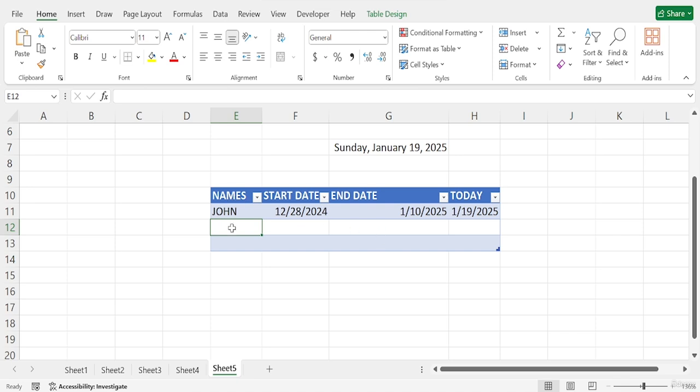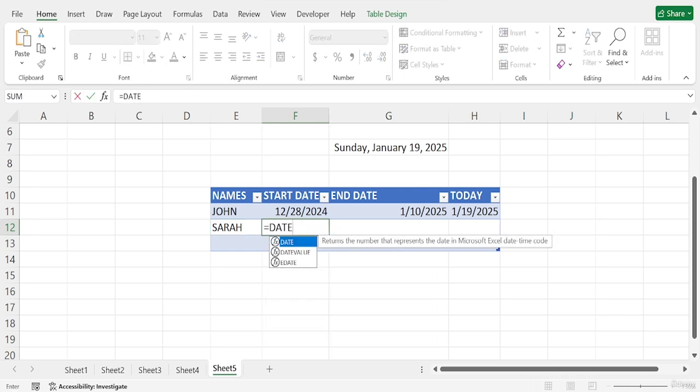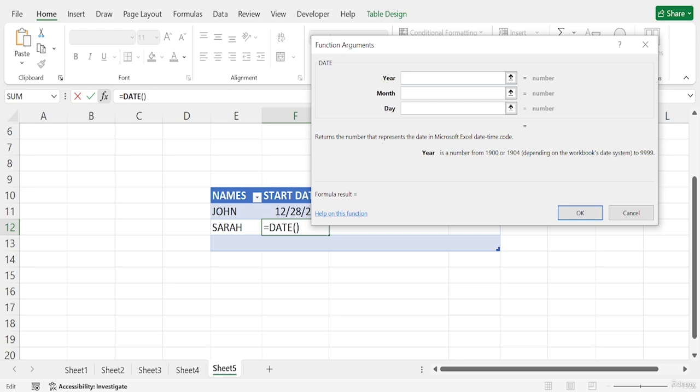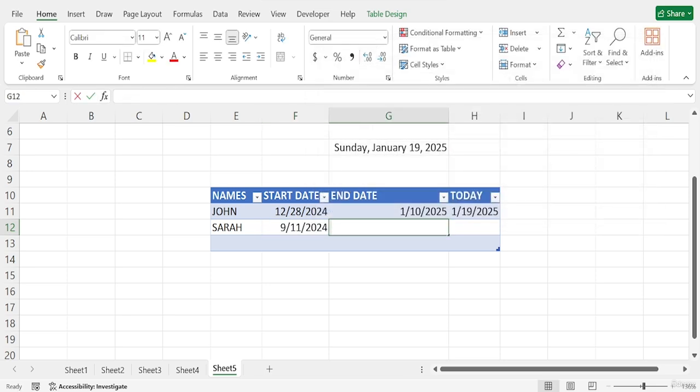If I want to add another employee like Sarah, and make a custom date for her joining, let's say she is from 2024, in the month of September, and the day is, let's say, 11, and for now her end date will be today.